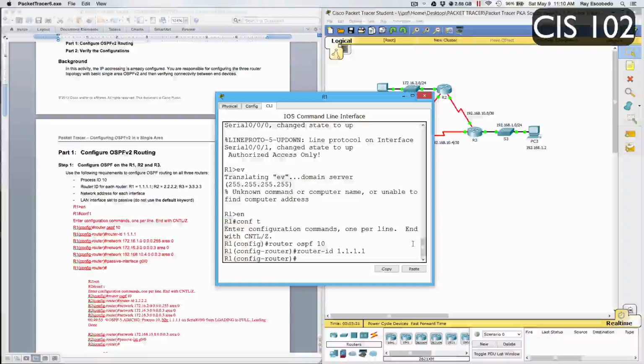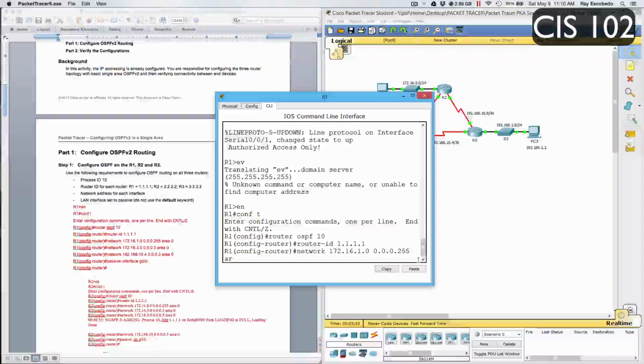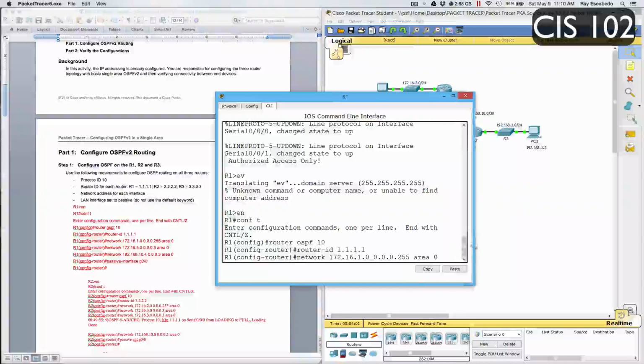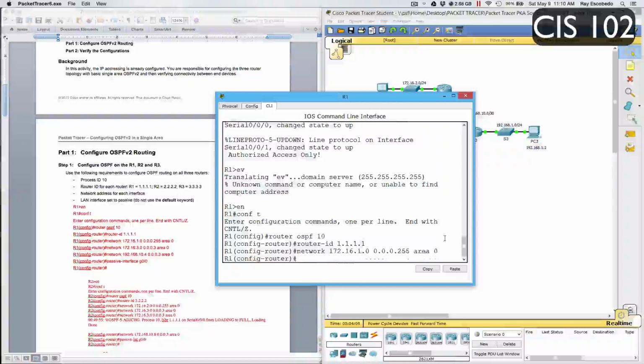Now type in your network. So type in network first, and then our first network is going to be 172.16.1.0, space, 0.0.0.255, and then at the end we're going to type in area 0. It's going to look like that. Hit enter, and now our next network,